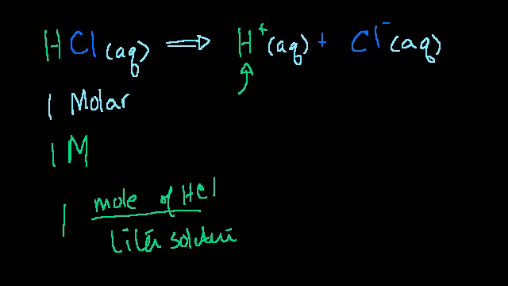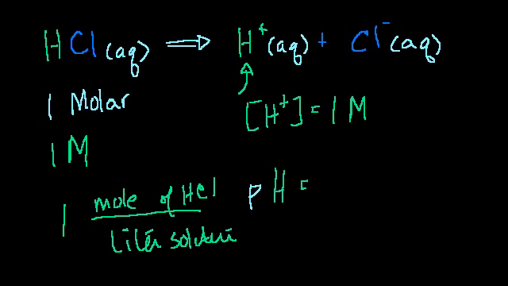So the hydrogen concentration here in the aqueous solution is going to be equal to 1 molar. And there's also going to be 1 molar of chloride anions, but we don't care about that. We want to figure out, well, if I haven't said it already, it would be nice to figure out what the pH of this solution is now that I've thrown hydrochloric acid in it. Well, the pH is just the hydrogen concentration. So, well, we already have the hydrogen concentration. That's 1 molar, or 1 mole per liter of solution. So the pH